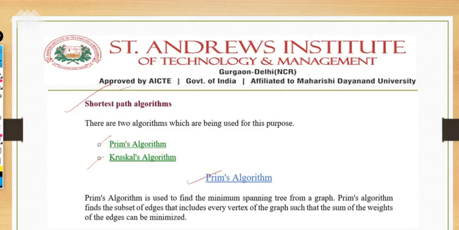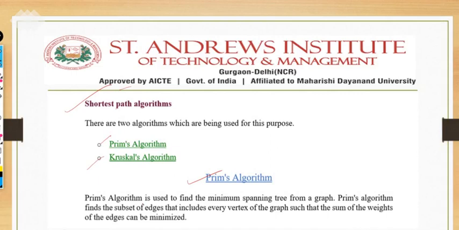Actually both of these algorithms are most important from the exam point of view. There may be a question directly like, what do you mean by shortest path algorithm? So the shortest path algorithm consists of these two algorithms itself, right? First you have to write the purpose of the shortest path algorithm. What is the purpose? To calculate the minimum or least weight, with respect to what? To find the minimum spanning tree. So to find the least weight among all the spanning trees, we need the shortest path algorithm, in which we have Prim's and Kruskal's algorithm.